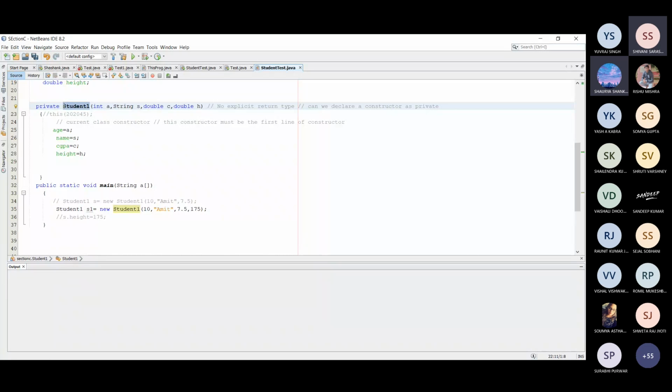You can create scanner class objects from anywhere. But if the scanner class constructor is private, you will not be able to create an object of the scanner class or any public class. So that is the problem. So there is no significance of creating a private constructor here.